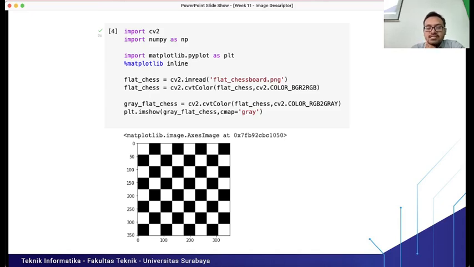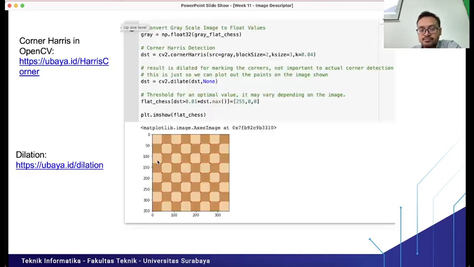Okay, so the example implementation of Harris corner detection is very simple. If you want to detect the corners from the chessboard, papan catur, if we have an image like this and we want to detect every corner inside this digital image, we will see the result like this. So these are the corners that we can detect from this image. Actually this is very simple.